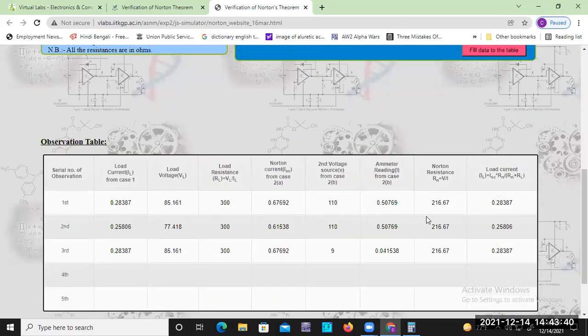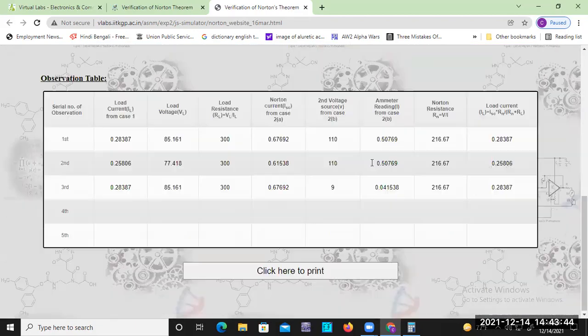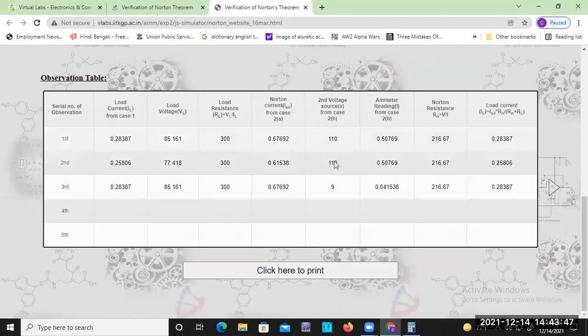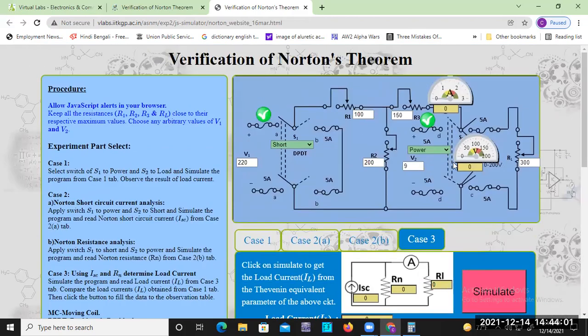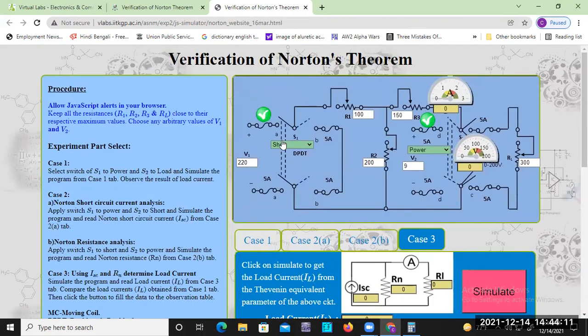should be the same. Yes, equivalent resistance should be the same. Whatever my voltage source, whatever my multimeter voltage source, it may be 110, it may be 9. Nothing is changing this resistance. This resistance is the same all the time, because this is the internal resistance. So don't get confused, just relax and easily try to imagine these things. The resistance is always the same.